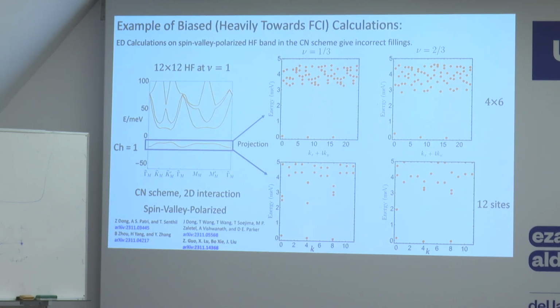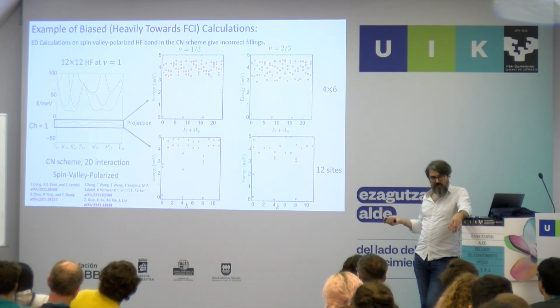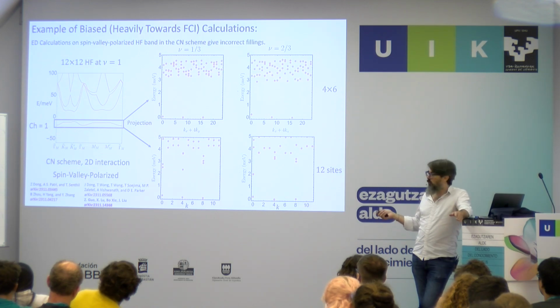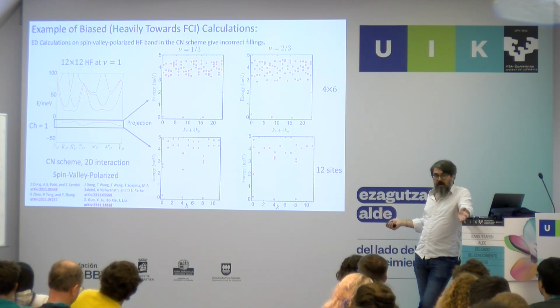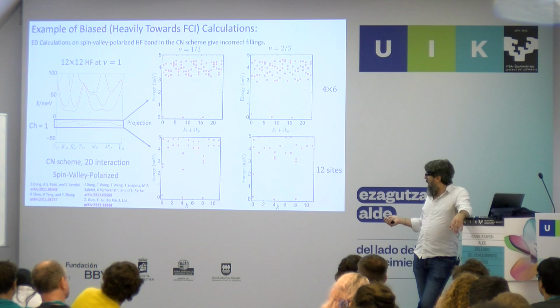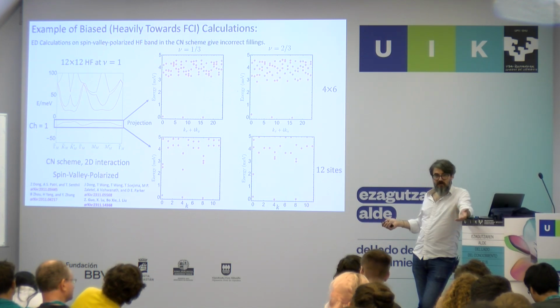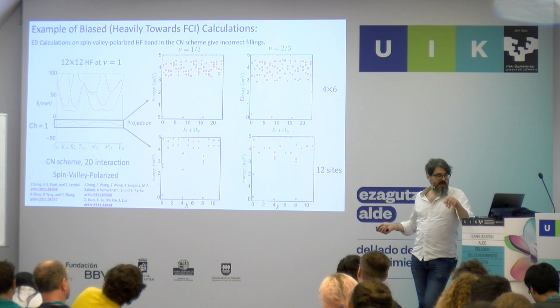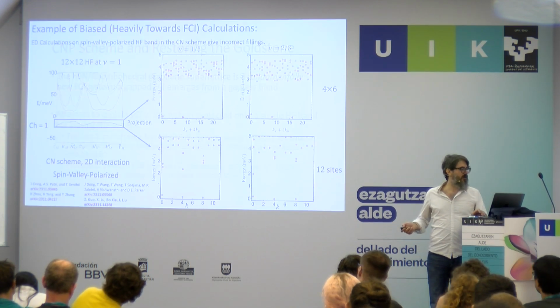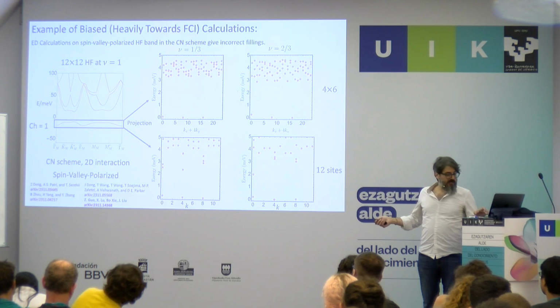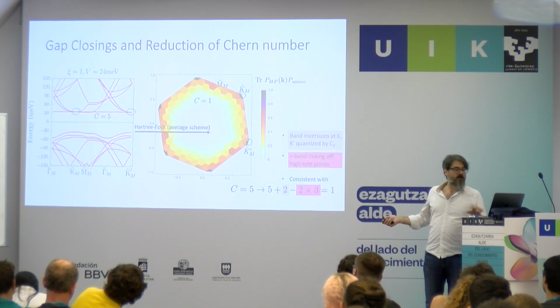Now there are talks at KITP basically saying this approximation is uncontrolled. It's actually very controlled towards biasing the system to FCI. So it's completely untrustworthy. And the problem is that if you want to do a better job, then you're basically out of luck. And the reason you're out of luck is that you would need to take, you see here,